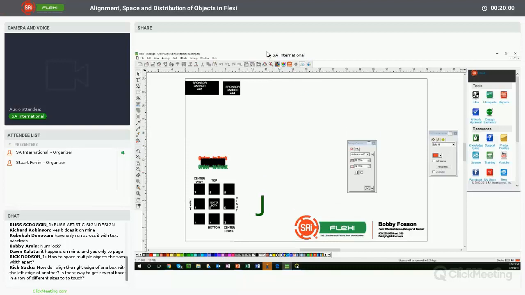But one of the examples that I came up with, if you can just think about sponsor banners or sponsor signs that you're going to put on the back of or on the outfield fence of a baseball field, for example. So if you were to imagine our current page size as being the fence, or at least a section of that fence,